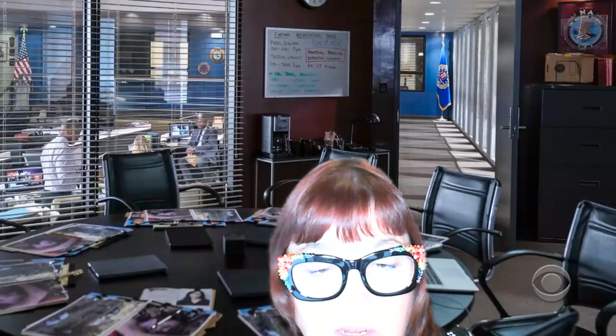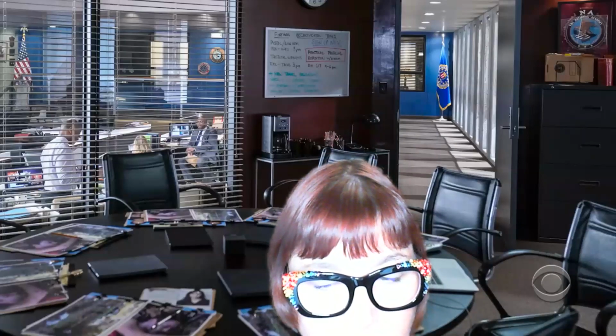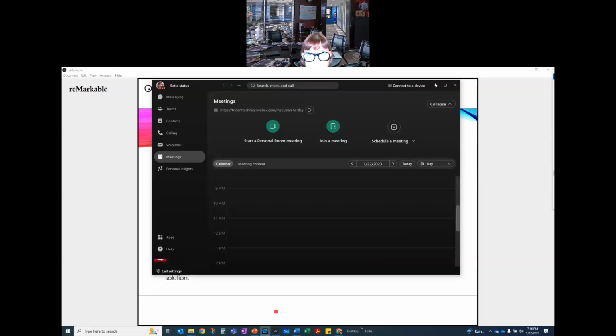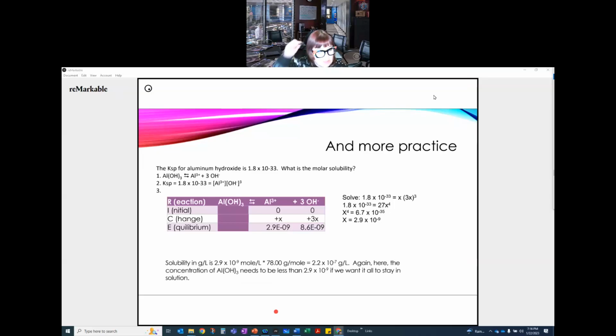I do want to do a little more practice with solving for K values using KSPs. So let's take a look at this question right here. We have the KSP for aluminum hydroxide is 1.8 times 10 to the minus 33rd. What's the molar solubility? Well, I know that aluminum hydroxide, Al(OH)3, because Al is 3 plus, so we need 3